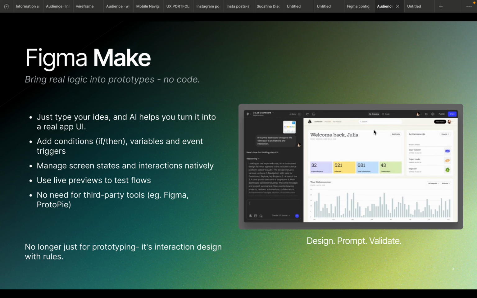It can even manage screen states and interactions natively, which means the screen state, how would be the default state after the click. If the user clicks on something, how would be the selected state, how would be the disabled state, different kinds of states, right? So all the states, how they will look, we can see, and then we can also use live previews to test flows,